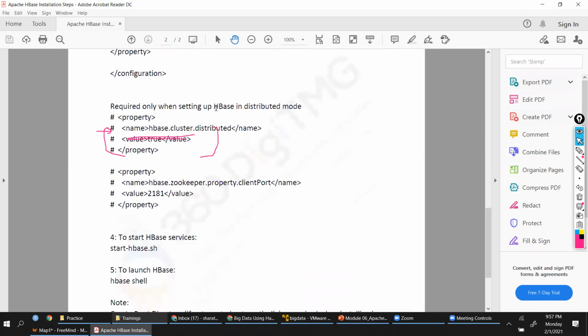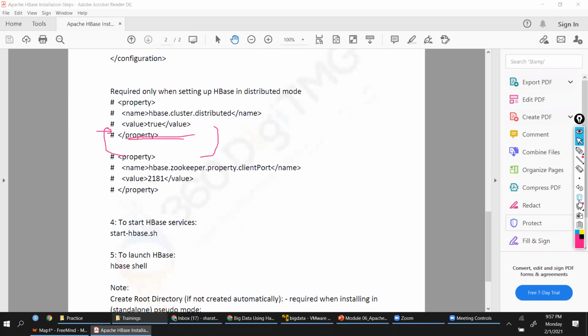If you're using HBase in a distributed environment, that means you'll have multiple nodes. On these multiple nodes, if you use HBase, then you are saying that the HBase cluster is distributed. You're saying true. And you are setting your Zookeeper, because Zookeeper will coordinate with these clustered environments.